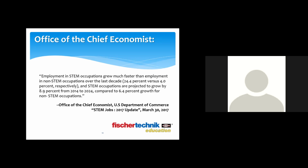Moving back along, key point number 3 relates to job growth. Quote, "Employment in STEM occupations grew much faster than employment in non-STEM occupations over the last decade, this being 24.4% versus 4% growth respectively. And STEM occupations are projected to continue to grow by 8.9% from 2014 to 2024, compared to just 6.4% growth